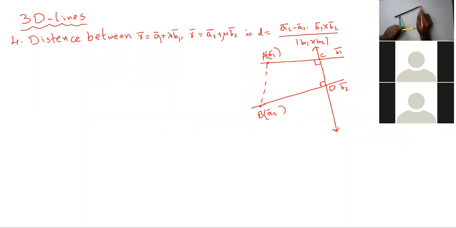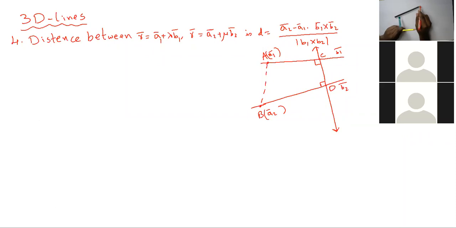Then again you get a doubt. How can you take the projection? This pencil box line is not coplanar with this. See, when you're talking about the lines directly, CD and AB, they are not free vectors. As localized vectors, they are not coplanar, so you can't find the projection. But when you're using the projection formula, the moment you calculate the AB vector using the A and B points, that becomes a free vector.